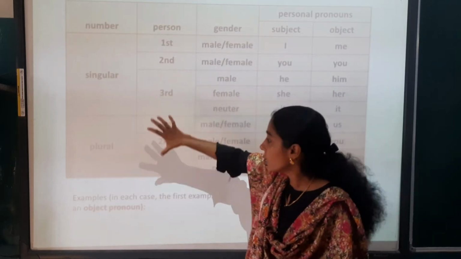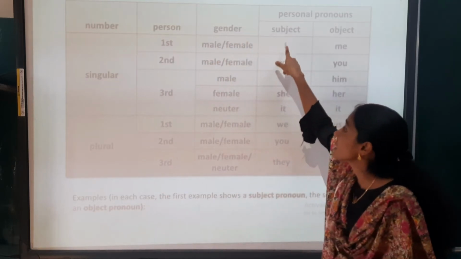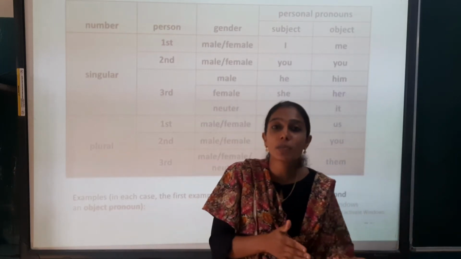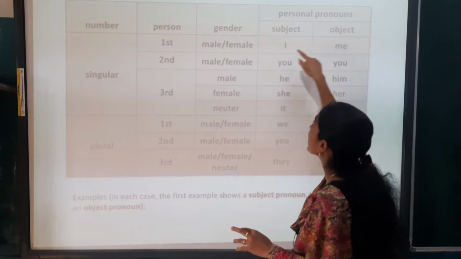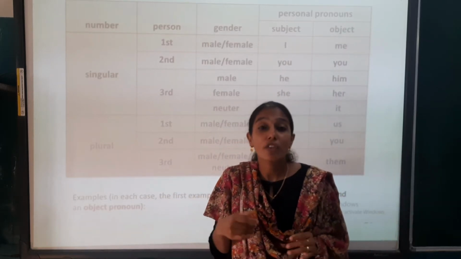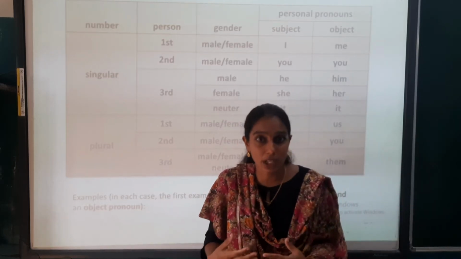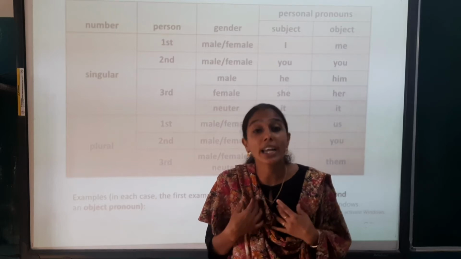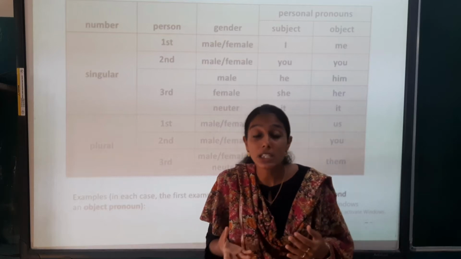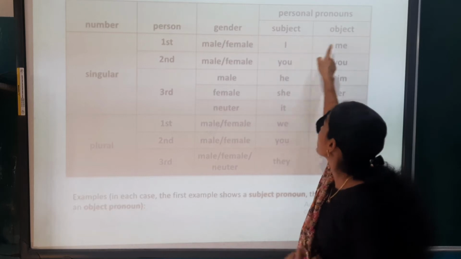These are singular and these are plural. Gender: if it is male or female. See, the subject I can be used for male as well as female. And me, the object. With I, what do we mostly do? I have written this, or we can say, can you give me? So if I want something, will I say, can you give I a pencil? No. What you'll say is, can you give me a pencil? Or can you lend me a pencil? So the object will be me.